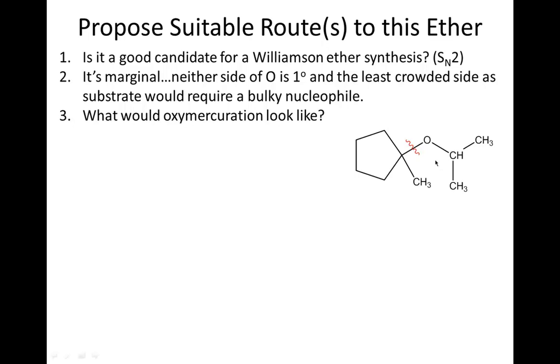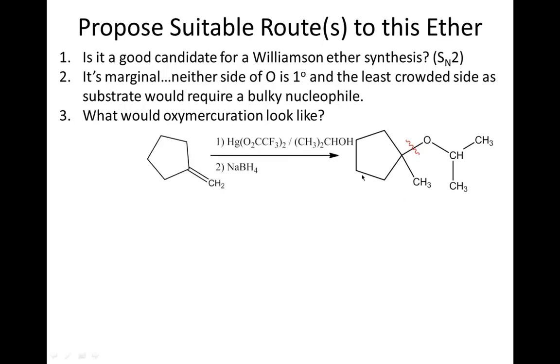So let's say that we wanted to try making this bond. And so we'll see what our pieces have to look like. The alcohol on this side, and so there it is written in a line of type. And then we could have the double bond out here. And again, we asked ourselves, is this going to give us the right product? This is the less substituted carbon, so the hydrogen is going to go here. The more substituted or tertiary carbon is going to get the alcohol group. And so this molecule would be a good starting material, and the product that we get out would be the one that we want. But that's not necessarily the only choice,